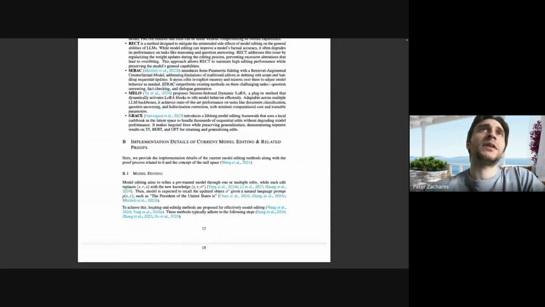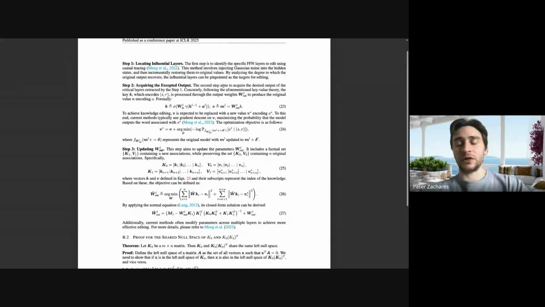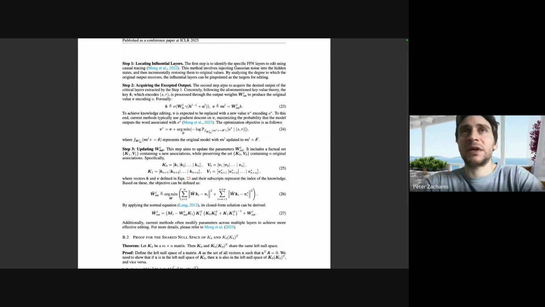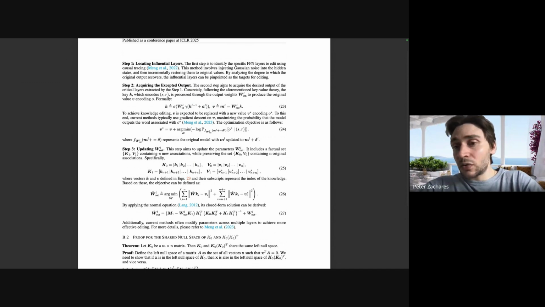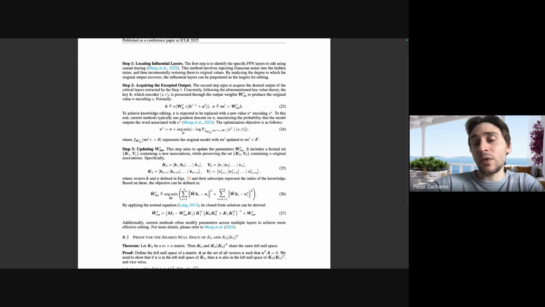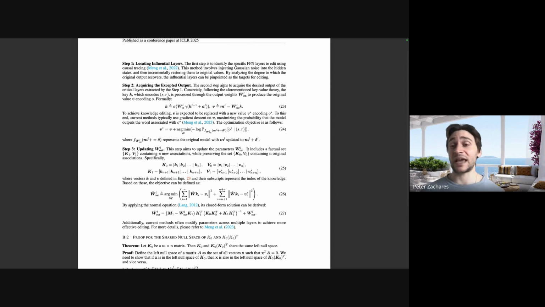Okay. If you look at Appendix B1, they describe the steps that are actually involved in this model editing approach. The baseline's not the actual one, but it's basically the same. And like I said, it's quite involved. It's not something I think you can easily incorporate into a large scale training method, but it would be cool. Maybe we can make it into a large scale training method, and that could be a very interesting way of doing future work, or very interesting future work they could do. Yeah.